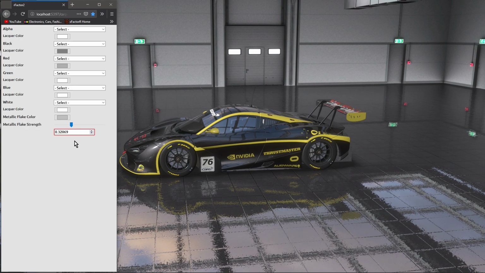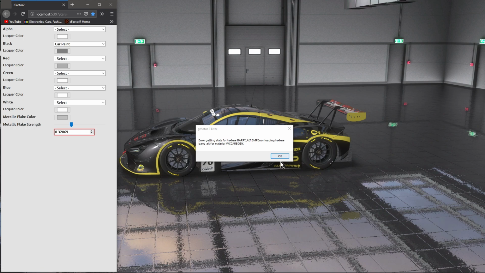Now you can see here we've got all our layers. Now as you can see, let's select layers. That was our car paint. Here we go. This is what it does to me. I get an